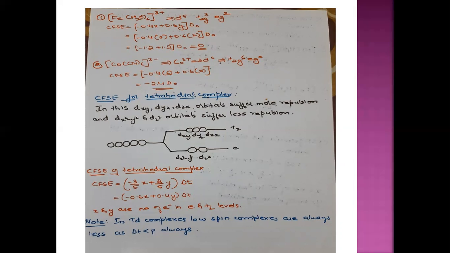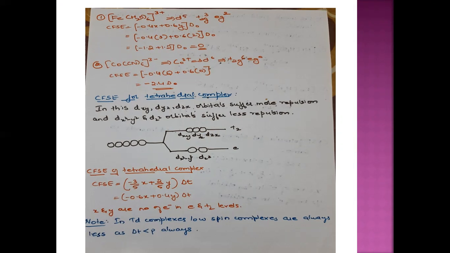Okay, now the next question is how to fill the electrons. Here, whether it is a strong ligand or a weak ligand, the electron filling method is one and the same. That is, first you half fill E, then half fill T2, then come back to E. It is the same as the filling in octahedral complexes with weak ligands: first T2g, then Eg, then again back to T2g. Similarly for the tetrahedral complex, strong or weak ligand, the filling is the same. First you half fill E, then the third, fourth and fifth electrons go to the T2 level, then the sixth electron comes back to the E level.